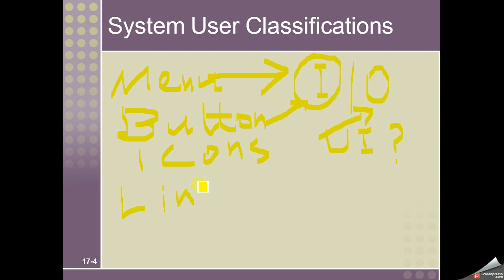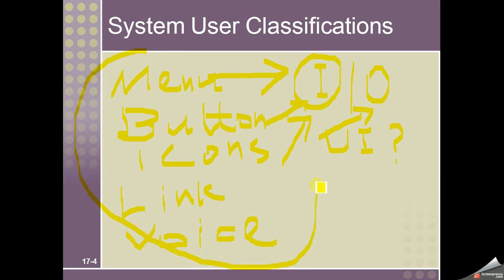Or we may have, let's say, a voice interface. We talk to a system and then it will allow us to enter inputs, right? So an interface can be designed in many ways which help us to invoke the inputs or to get outputs